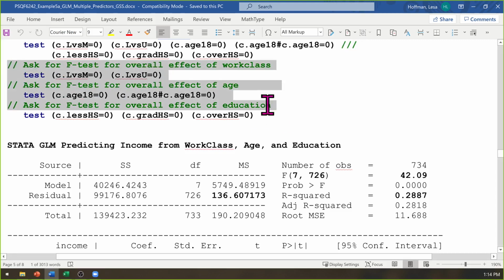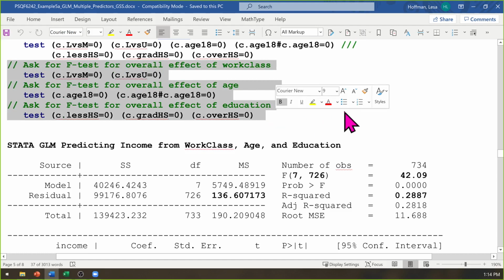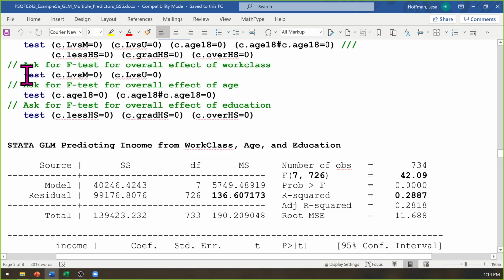But these test statements are examples of how you would lump slopes together to answer specific questions. The first test statement right here lumps together the 2 slopes that relate to working class.